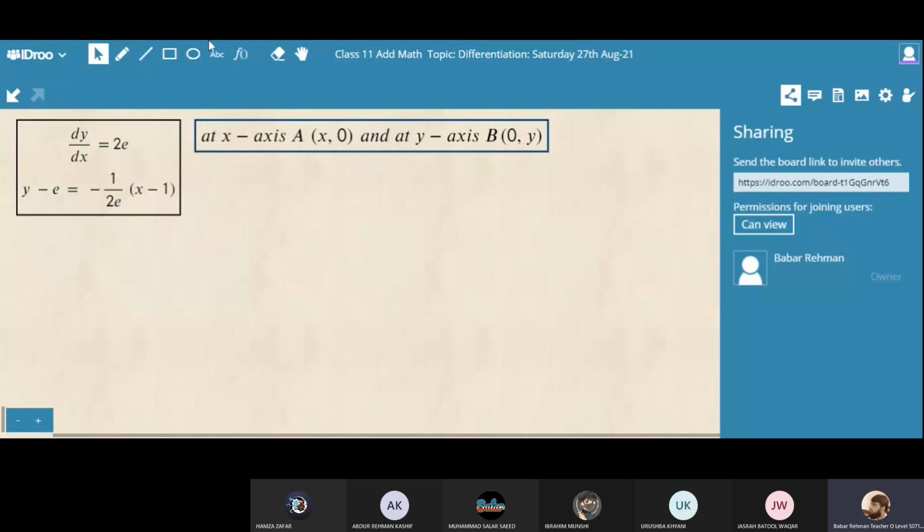After that I will explain how to find the area enclosed by these lines, as the question is saying: find in terms of e the area of triangle. This is a triangle and O is the origin. Hurry up, please tell me the coordinates of A and B, and kindly respond in the class, because this is a very serious class. You are going to appear for the examination, and you have to answer me quickly.